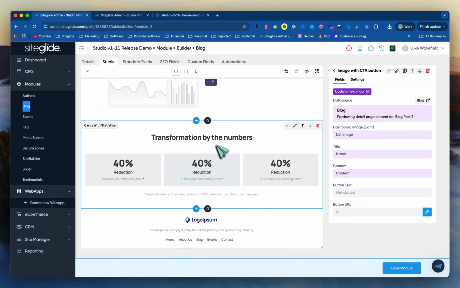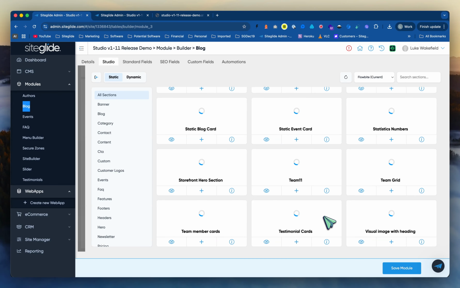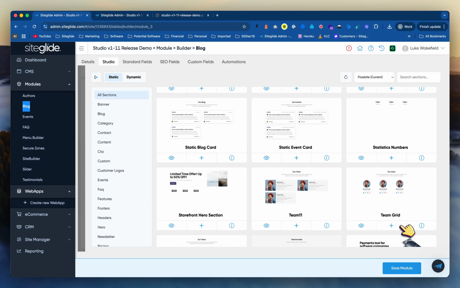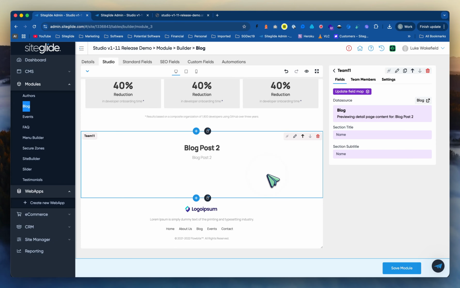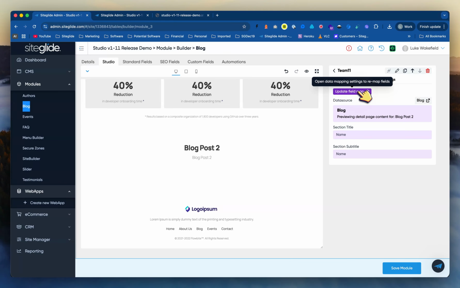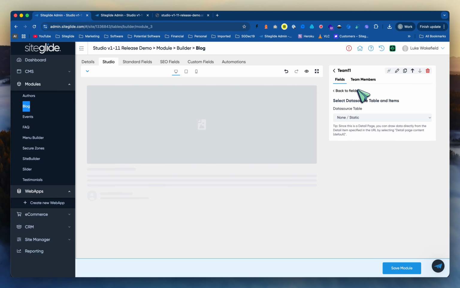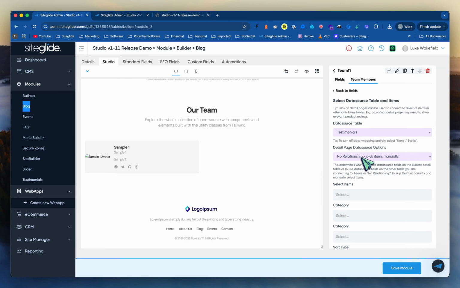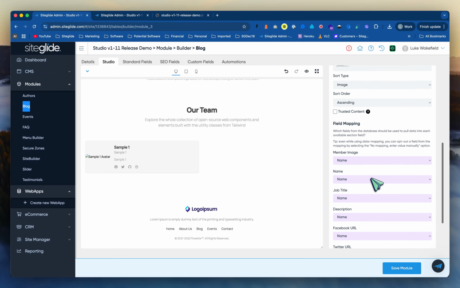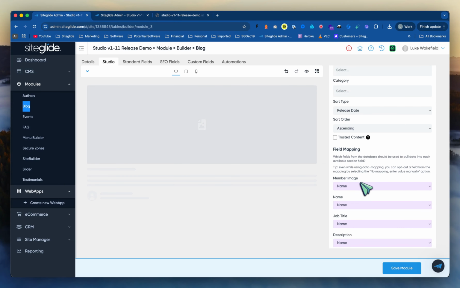You can put static content in, but you could also put in dynamic content from somewhere else. So let's say we want to pull in some testimonials. So we'll pull in the team grid here. Automatically again going to map this, but what we'll actually do is we'll set that to none, and we'll set team members to be testimonials. And there's no data source link there, but what we're going to do is we'll sort by latest, let's say, then the member image. So this is now an image from the